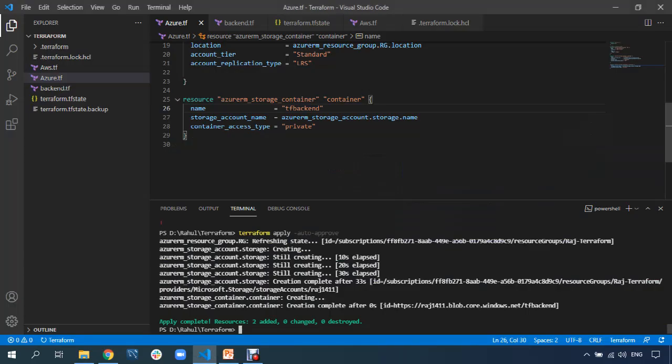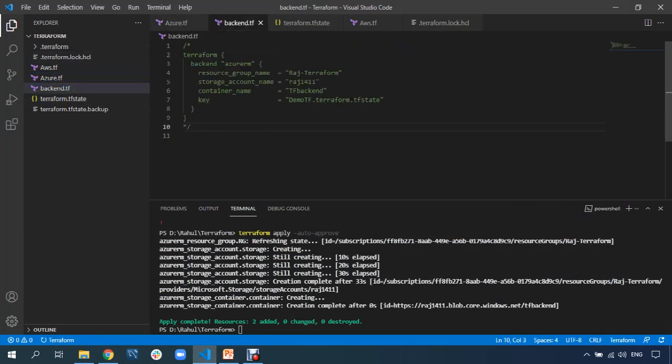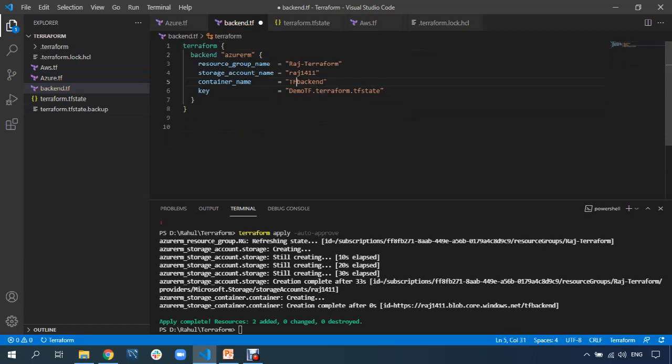Great. Now go to our code and go to this backend, remove this commented code, and just change this name to TF, and save this code.